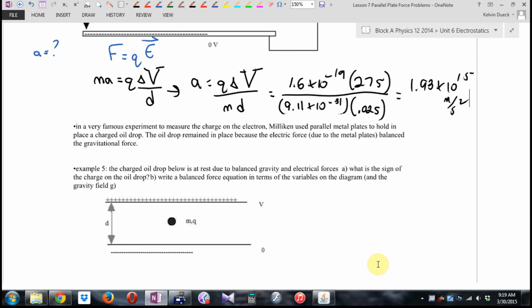This is how they found, by the way, the charge on an electron or a proton, 1.6 times 10 to negative 19. That's really small. That's even smaller than big G, and I went on a big song and dance about Cavendish's clever experiment to calculate the 6.67 times 10 to negative 11. So,